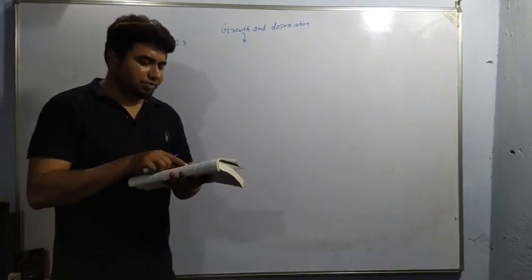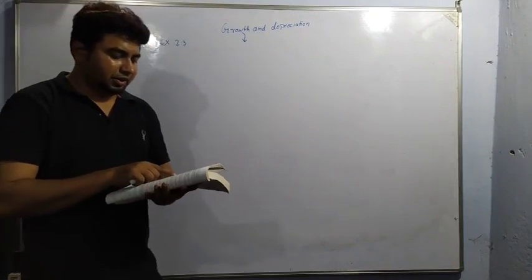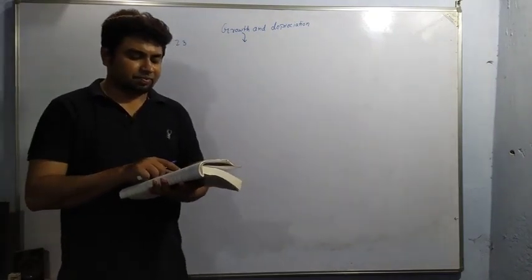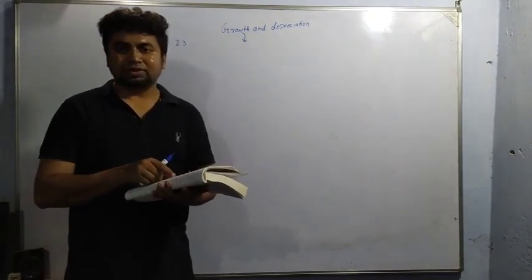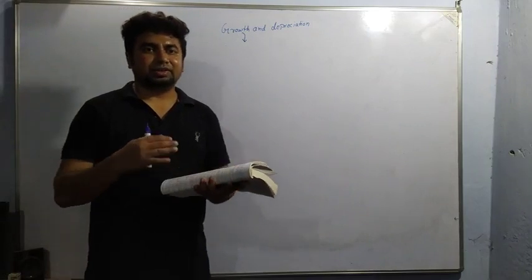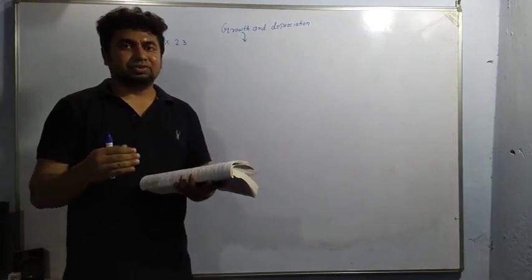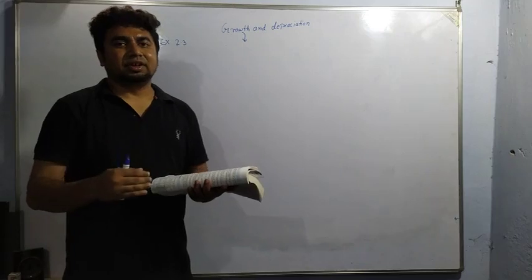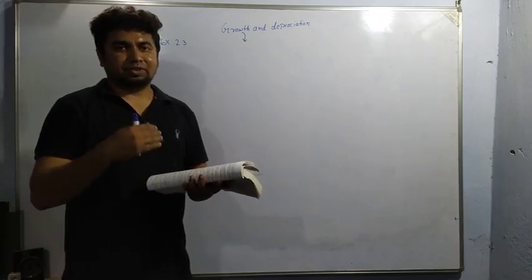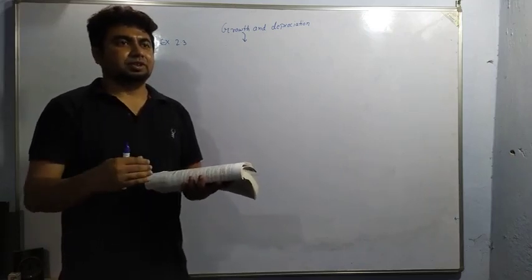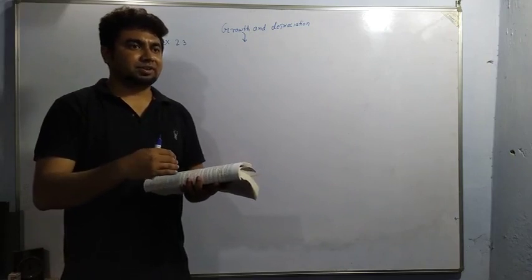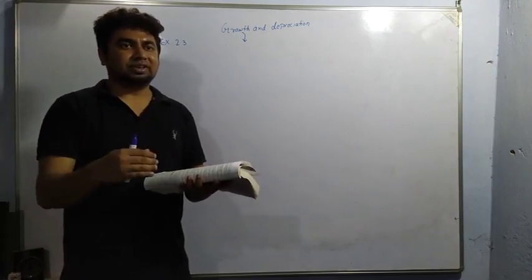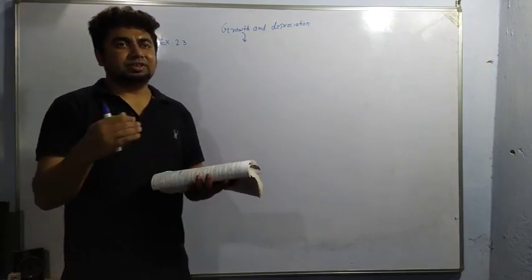Okay. Now we'll be doing question number 8. In question number 8, it is given that Ahmad purchased an old scooter for rupees 16,000. As we know, a scooter's price is always depreciating. You will never get a price greater than 16,000. After reselling, you will get less than 16,000.